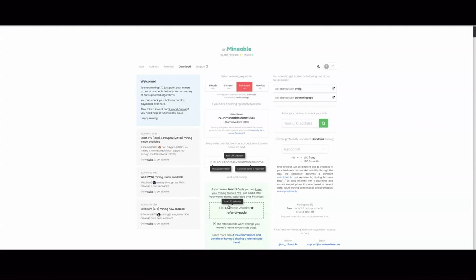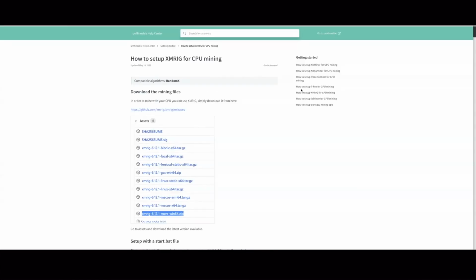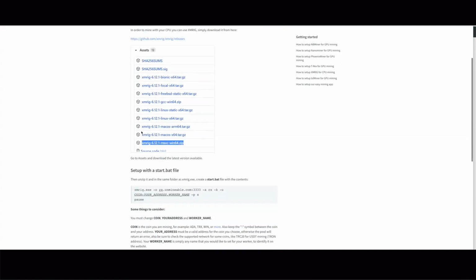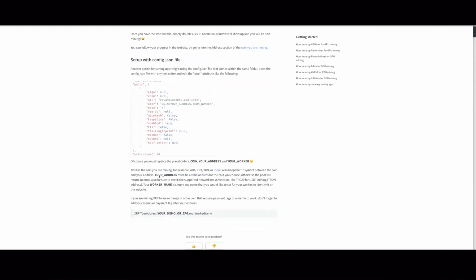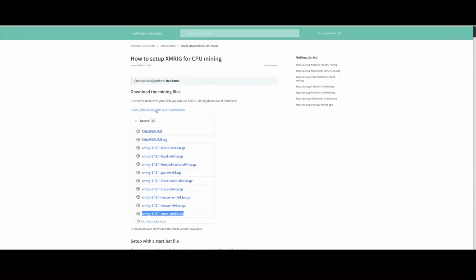So essentially, I'm just going to show you how this works. For the Mac, you will need to get something called XMRig. This is one of the mining tools that you would need. You need to download these mining files. They've got all the instructions on what you need to do. Then you set up the configuration file and off you go. So when you click on GitHub,